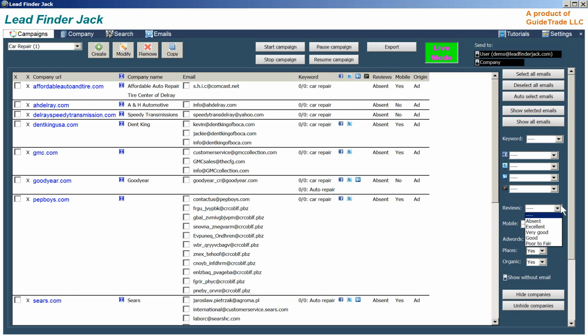It will find bad reviews, okay? So if reputation marketing is really hot, no one likes bad reviews. And nowadays, if you have no reviews, it's even worse, because